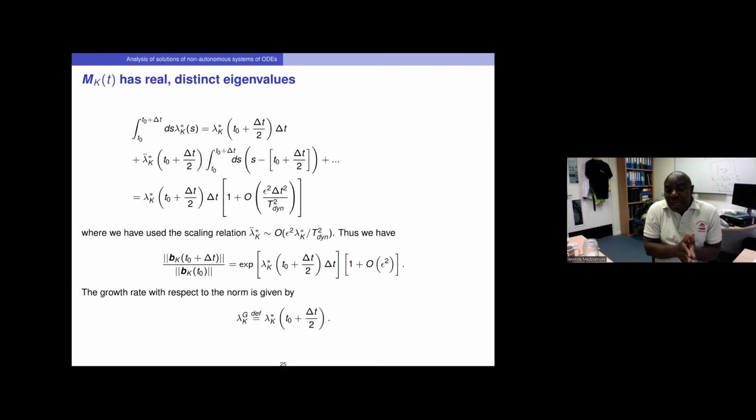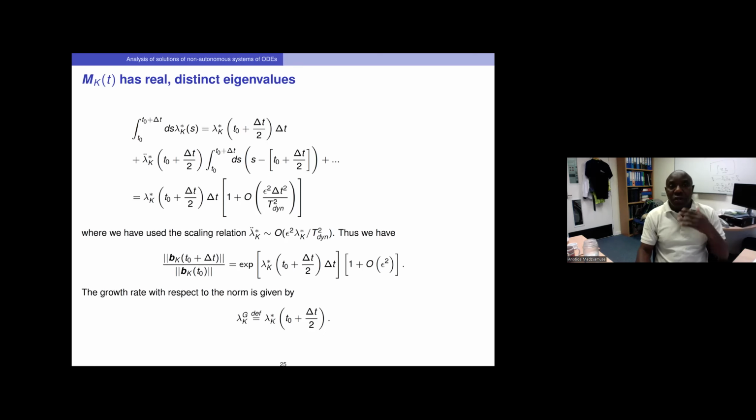This, for the BKT solutions, you can show that they have exponential growth, which allows you to move away from the US of t, which is the time-dependent manifold, and your system is going to move to spatially inhomogeneous solutions. Yeah, but I've done this for when mk of t is real and